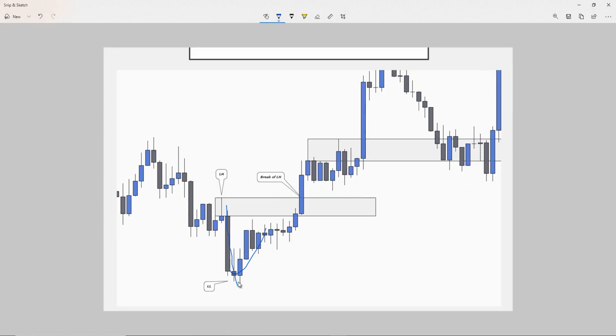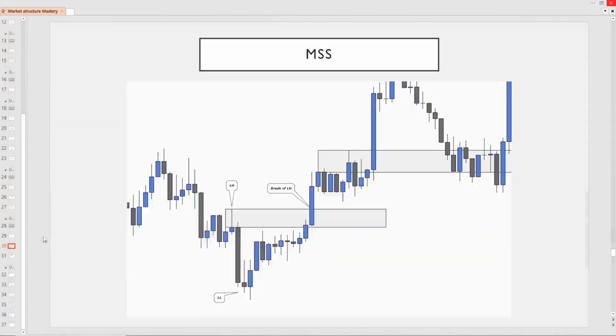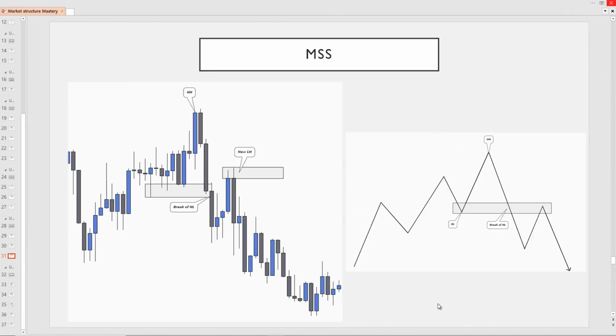The market making a lower low, pulling back. We look for shorts, but the market fails to break lower, pushes up, and then we change the structure. Okay, super simple. So let's have a look at one final example that is a little bit more, again, as